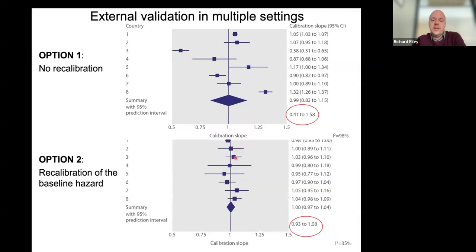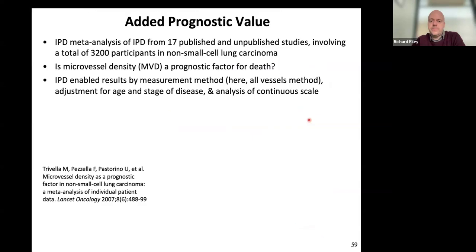Now I see that the calibration slope estimates are pretty close to 1 in every single country. I still get my average of 1, but if I was to look across those countries, I would predict a very narrow range for the calibration slope, whereas before it was very, very wide. So very exciting that we can recalibrate and update prediction models.